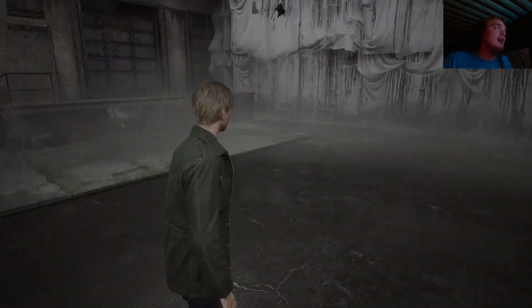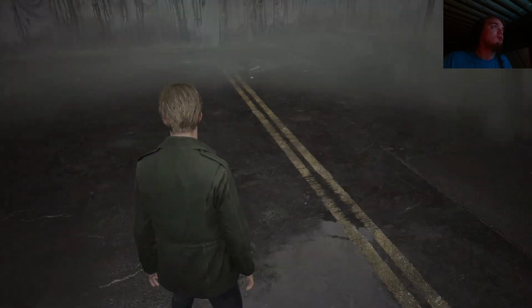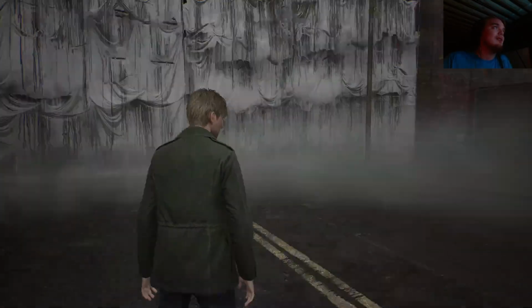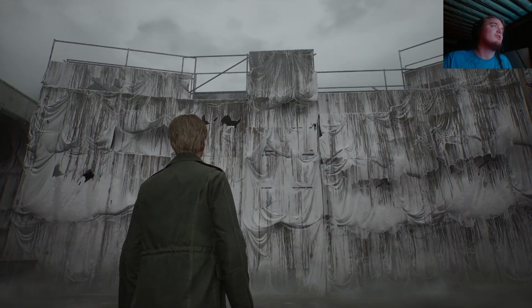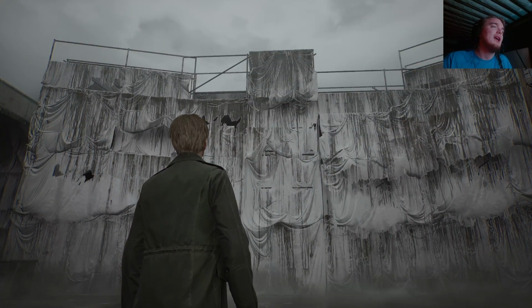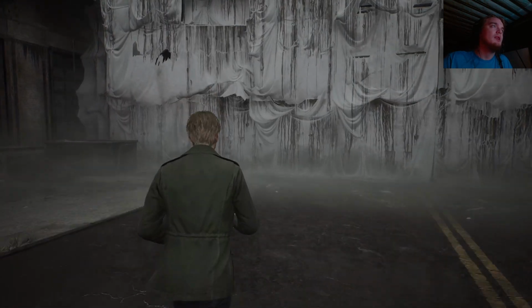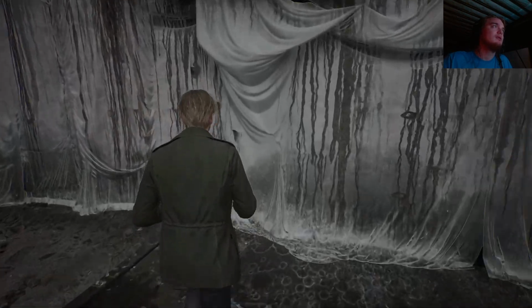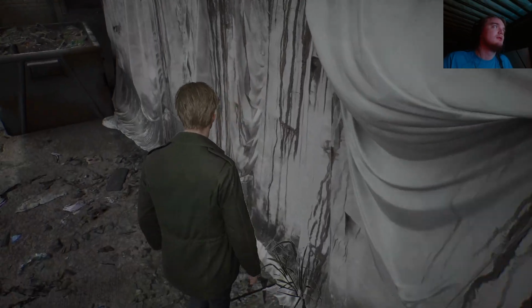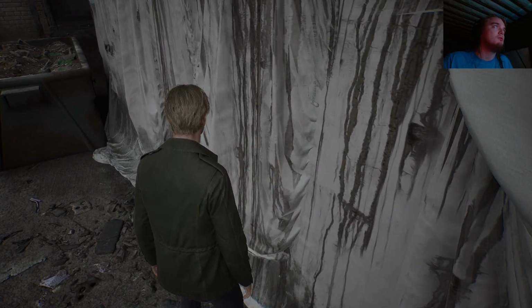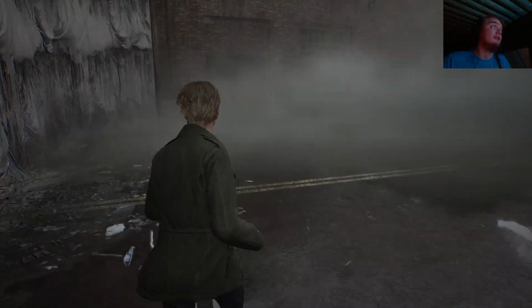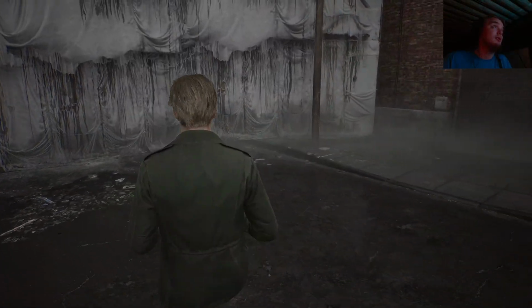Road construction would have more actual signs, like those orange and yellow ones, but it's just a white plastic wall? If we look close at it, it's very moldy. Again, I don't have the best graphics card in the world, so you'll have to forgive me.